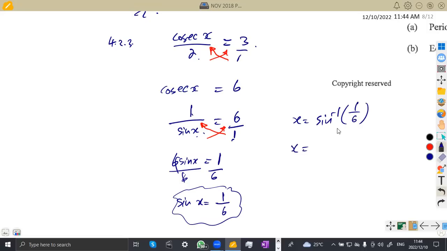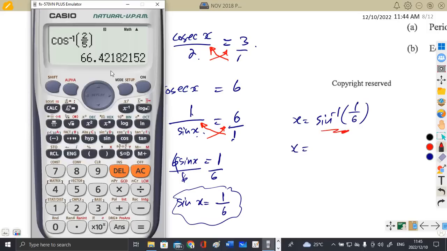So this is the presentation that you're supposed to see on your calculator. All right, so the arc sine, which is the shift sine 1 over 6, is going to give us what? That is the answer there, oh sorry, I forgot the bracket. Yeah, we're supposed to move aside. Okay, that is